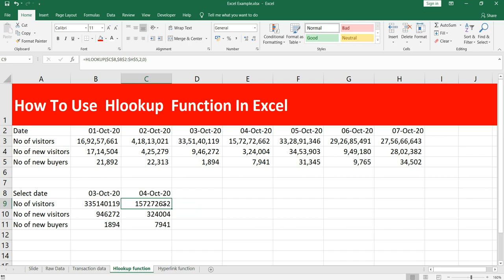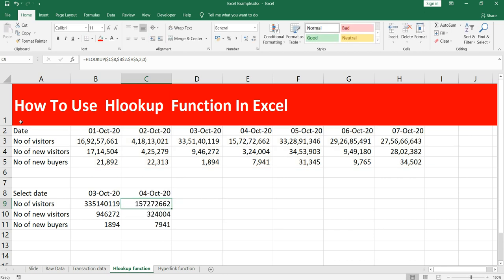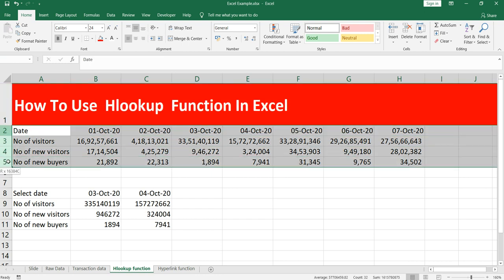Now why did we choose row number 2 here in this formula? The reason behind it, we do not have to look at this row number 1 in our Excel formula. For our Excel formula in this sheet, the range starts with row 2 and it goes till row 5.